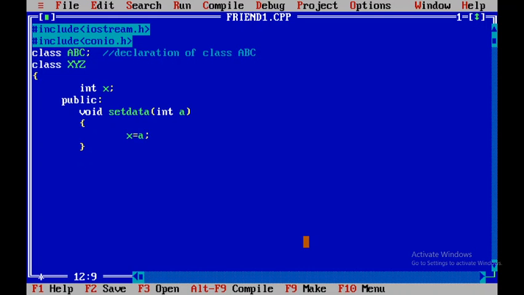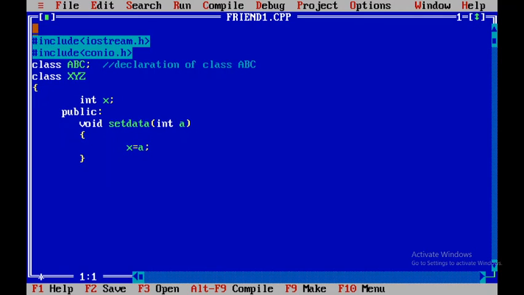Here we will use this program to find the maximum of two numbers. I write in short: program to find maximum of two numbers using friend function.